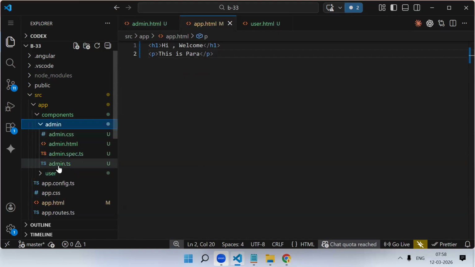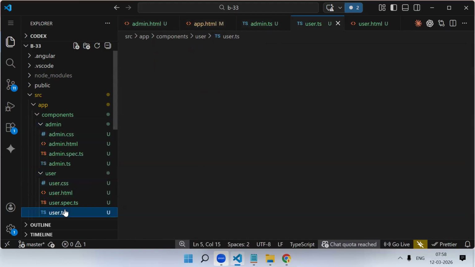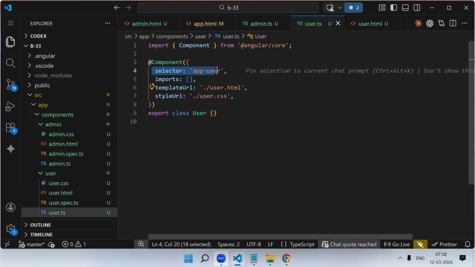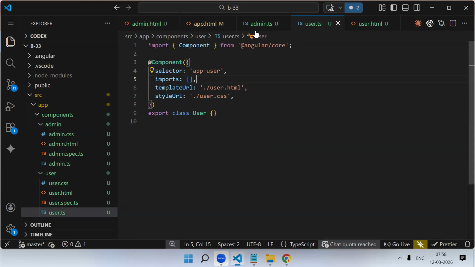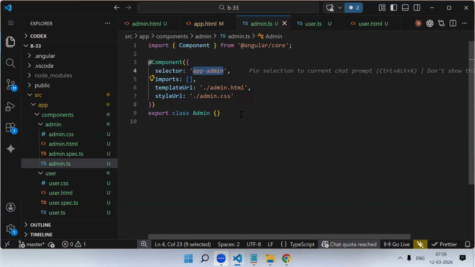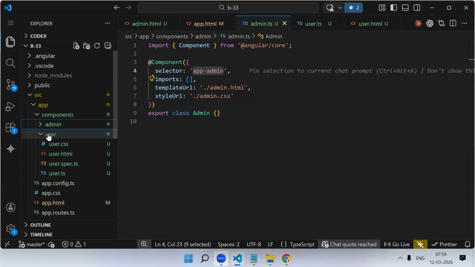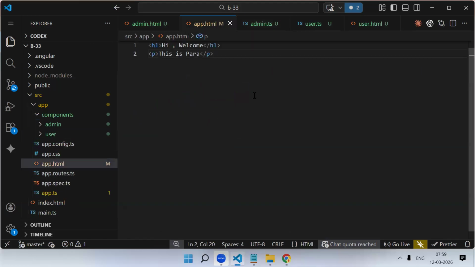In admin.component.ts and user.component.ts, in the component decorator, we have something called selector. See, in user component it is app-user, and in admin component it is app-admin. If you want to render one component into another component, you can render it by using the selector name like this. This is my selector. Means if you want to render this component in any component, you can use this selector as an HTML tag. So in app component,